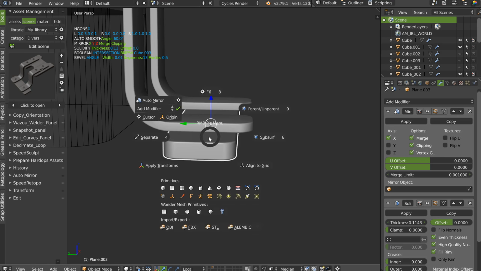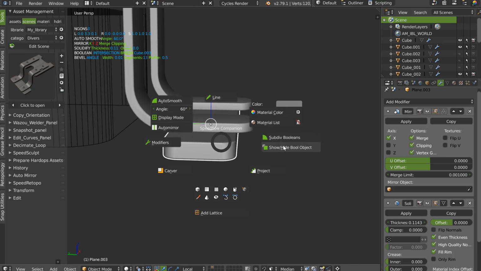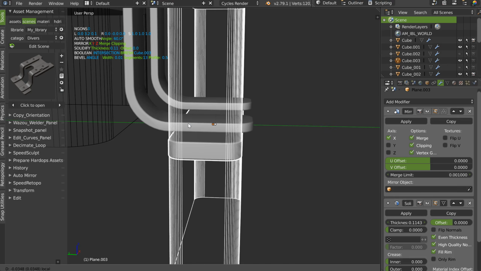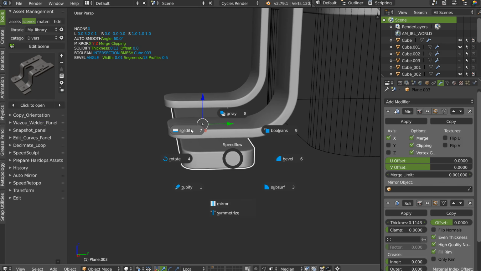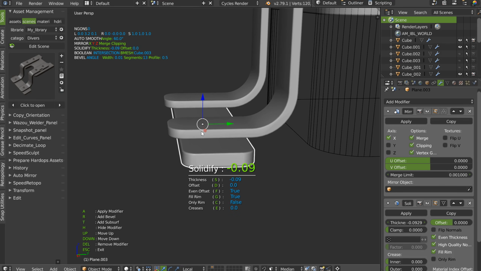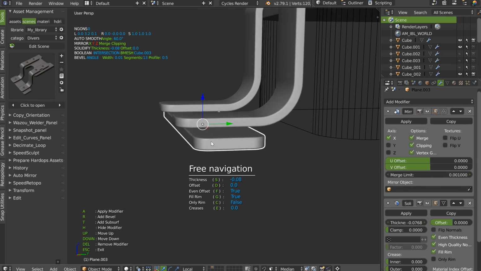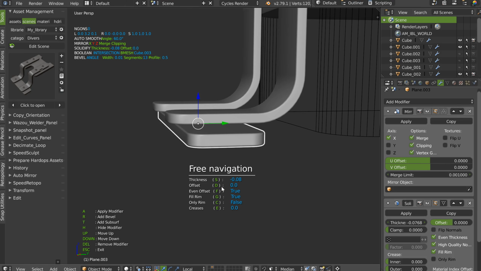I have to press Shift Q, Shift, select, move, like this. I will hide this one. On this one, I can play with the solidify, like this. If I want to change the offset, D-1, or D1, like this.